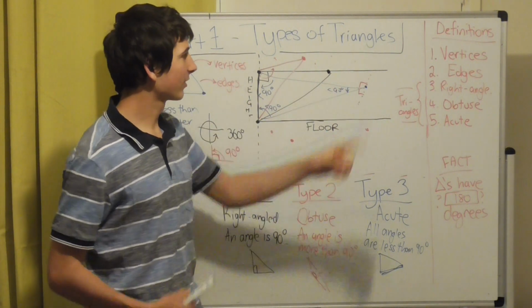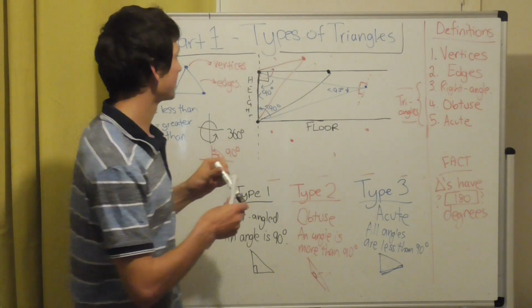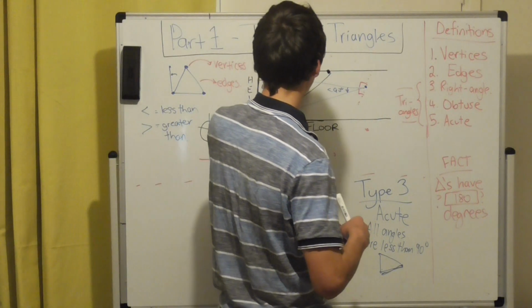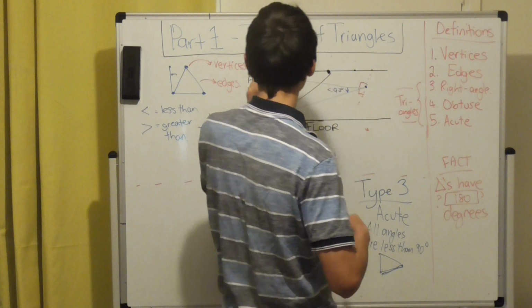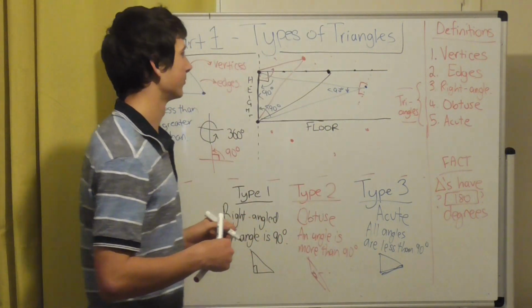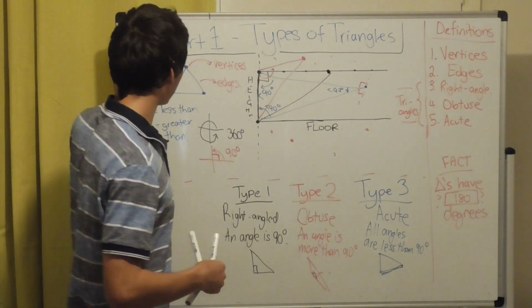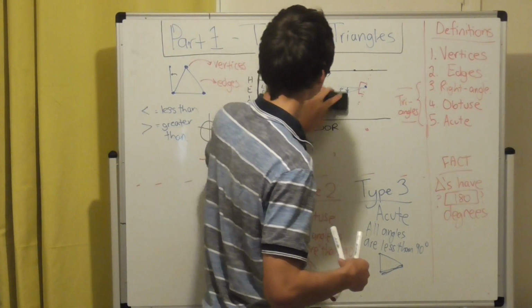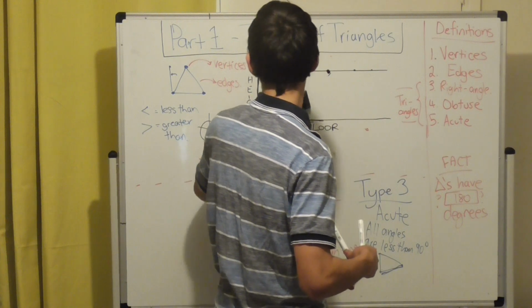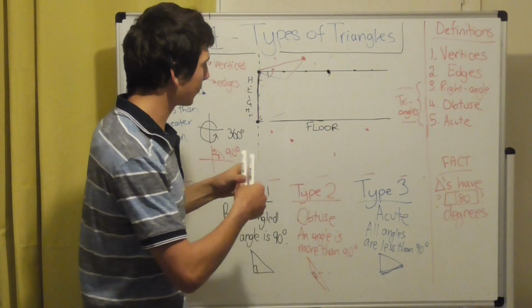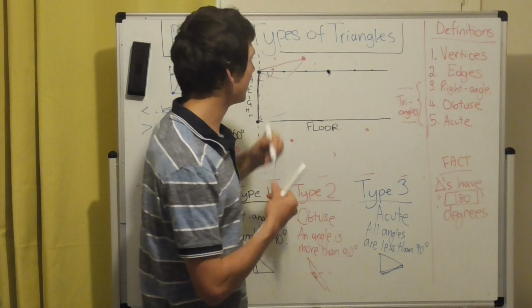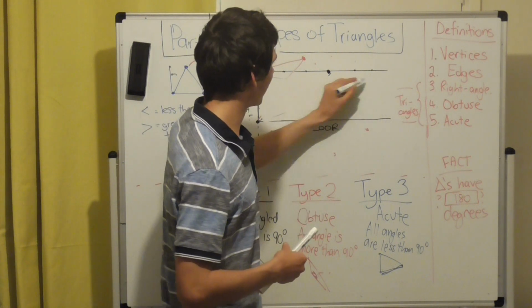If I draw any points on this black line, I'm going to get a right angle triangle, because that angle is going to be right angled. But if I draw any point, and I'm just going to erase these middle parts, if I draw any point in this region here,